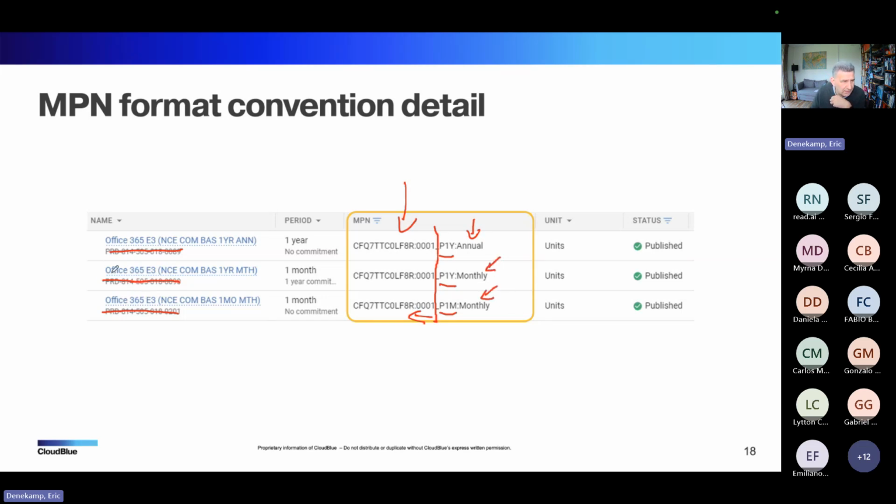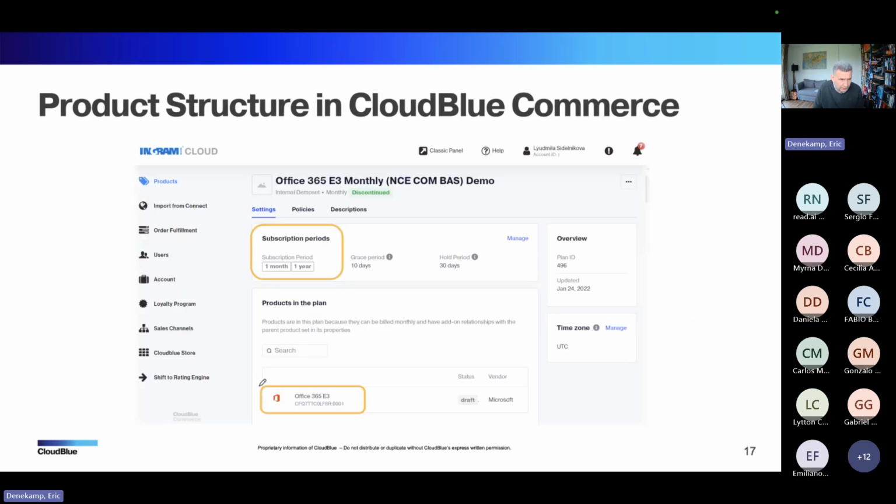So when it comes to that object that we just saw in the screenshot from Commerce, this one is a monthly billed subscription that you can buy for a month or for a year, right? That is what I see here.